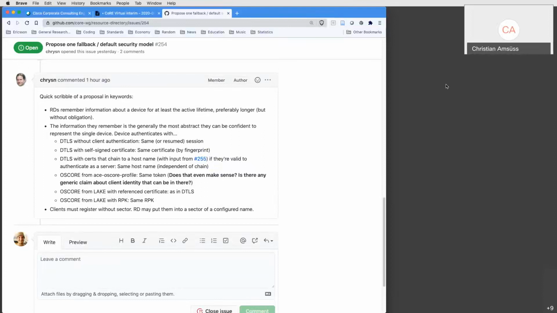If there's a certificate chain, there could be even a bit more persistence for clients that come up again after having renewed their certificate, but it's not really essential. For Lake, with RPKs or certificates, it could work basically the same way. For the ACE OSCORE profile, I'd need a bit of help from people familiar with ACE, whether there's any scope or any claim in an ACE token that can be thought to really identify the client, because as I understand, ACE doesn't so much assign a precise identity that's exactly that client, but more expresses authentications, and one authentication could be to be recognized as having this particular identity. If there's something like that, we could use it. Otherwise, there won't be any ACE OSCORE profile